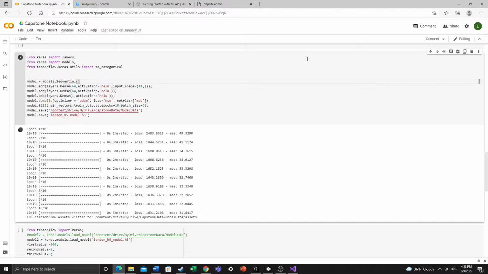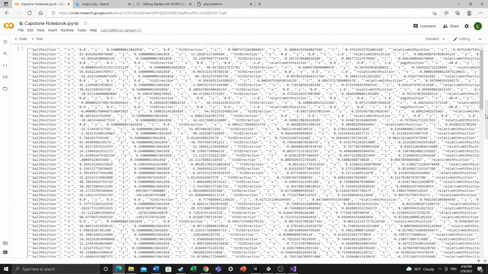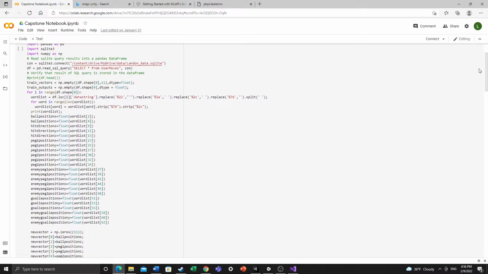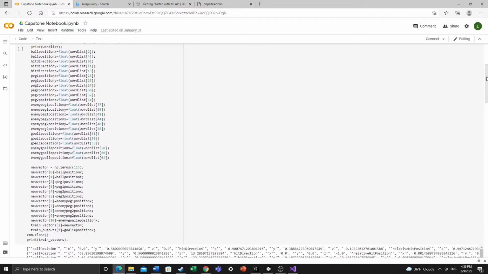So, for instance, in our final proof of concept, we collected information on the status of a board in the game, including things such as the position of the ball in the game, the position of the different game pieces. And we then,